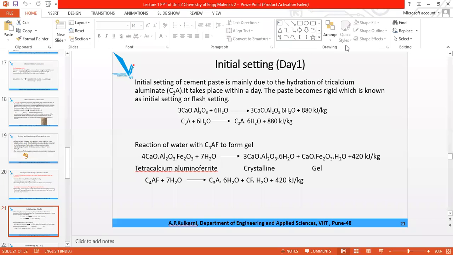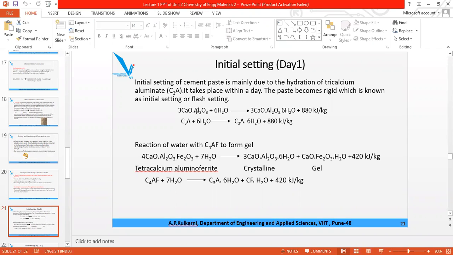Now this is the actual reaction for the initial setting. Are you able to see? Yes, ma'am. So initial setting, as I have said, is for 1 day